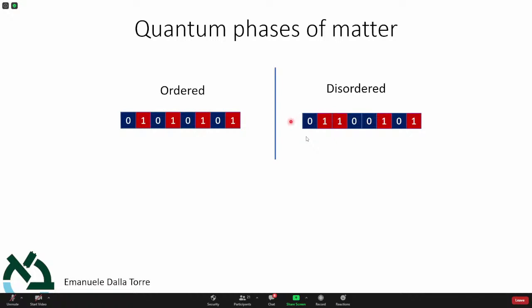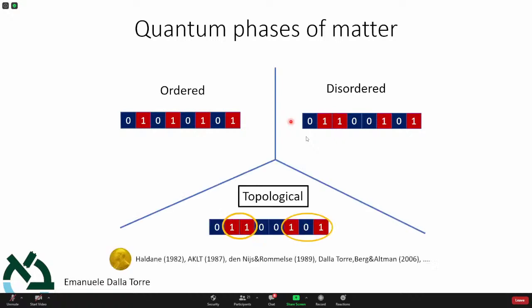Okay, now this was true. What I told you until now was true until 20 years ago. Now, in the last 20 years, mostly in the last decade, people understood that actually there is a third type of phases, which are known as topological phases. Of course, there were hints already back in the 80s, for the work that Duncan Haldane was awarded a Nobel